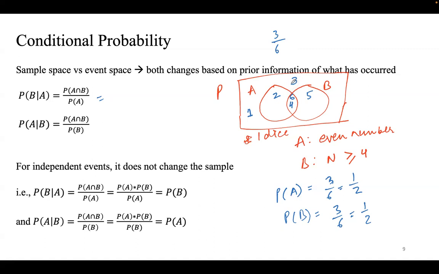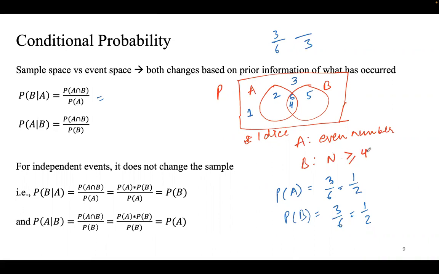When some event has occurred, only something is remaining out of that sample space. Now A has occurred, so that means you only have 3 options, 2, 4, and 6. Right? Now out of that we are saying, out of 2, 4, and 6, what is the probability that you